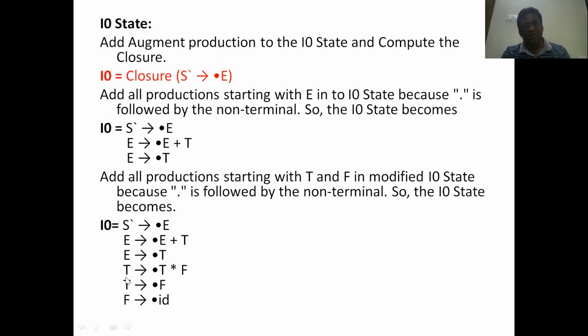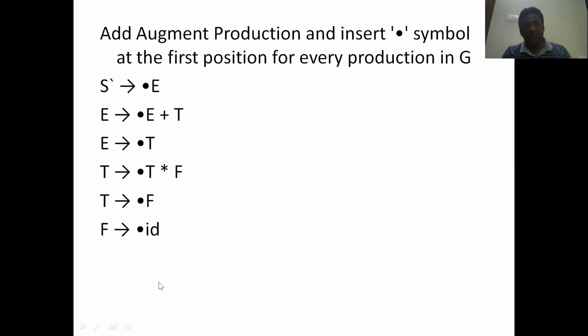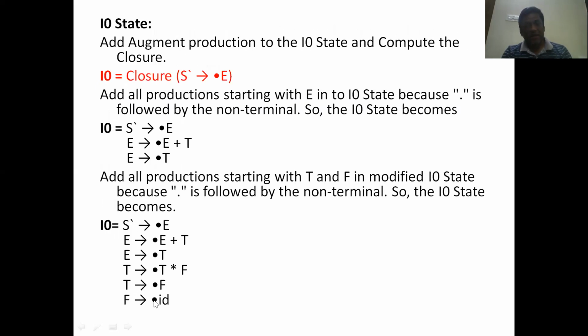So there is no need to worry about this. And then here in this production, we have dot F. So this is a new variable. Capital F is a new variable. So add the productions of capital F. What are the productions of capital F? This one. So you will add it. And if you see after that, now it is a terminal. ID is a terminal. Therefore, the process is stopped. So I naught state contains these many productions.